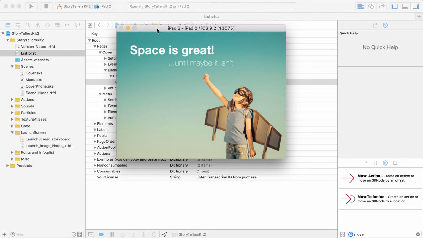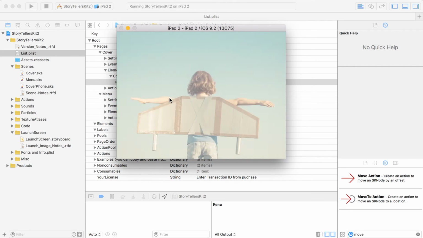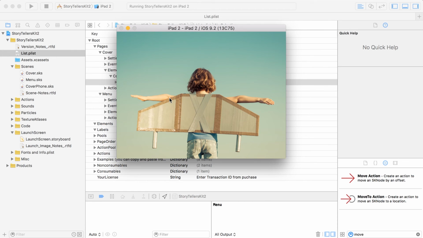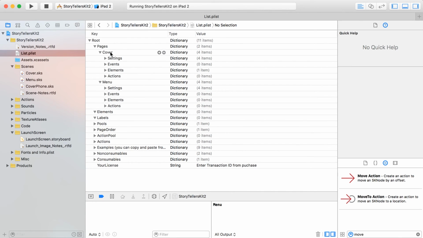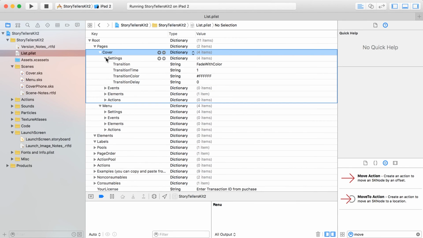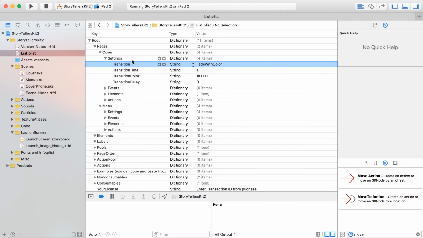You can see that Space is Great came in, and then if I just click down over here, it's going to transition over to that menu page. And if you want to change your transition, that's a page setting. So if you go over here to your cover, so whatever page that you're currently on, if you want to change how it transitions to another page, you've got some transition options inside of here,